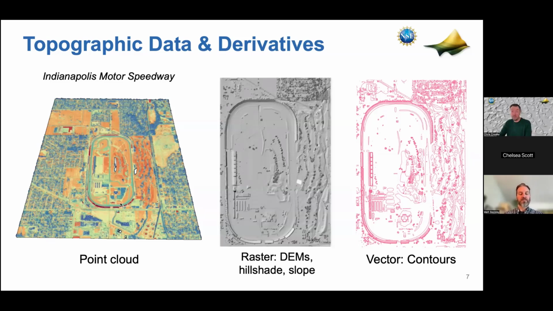And then from those digital elevation models, we can produce derivatives. So something like this image is a hillshade. It's artificially illuminated with a sun angle imposed upon the topography to generate shadows and light on the landscape. Very common way to look at these data, but you can also look at them as slope or aspect or roughness or any of these other derivatives of topography.